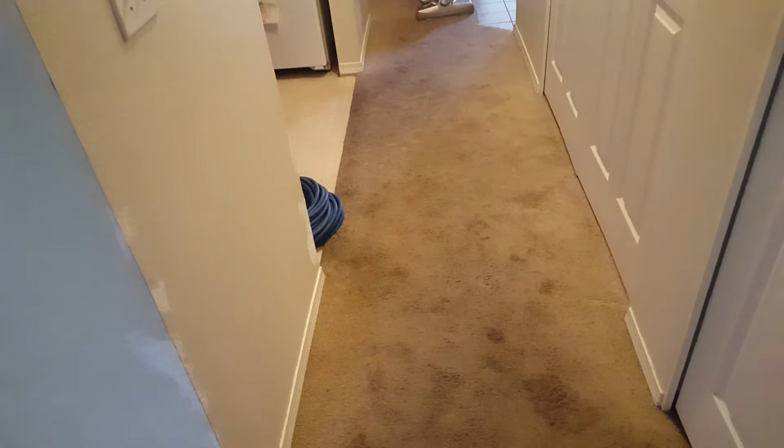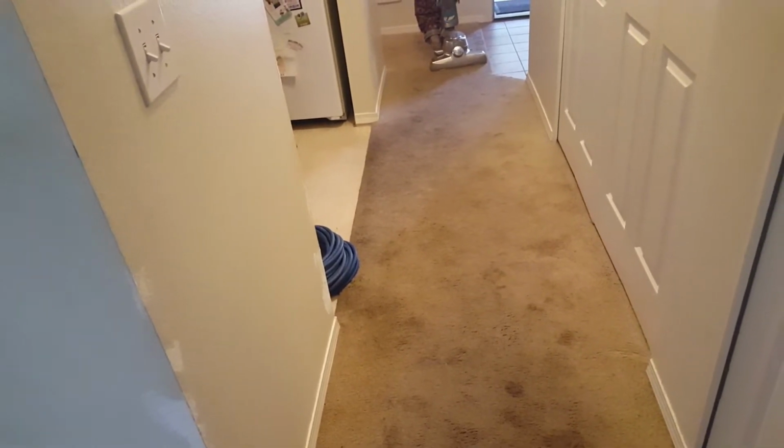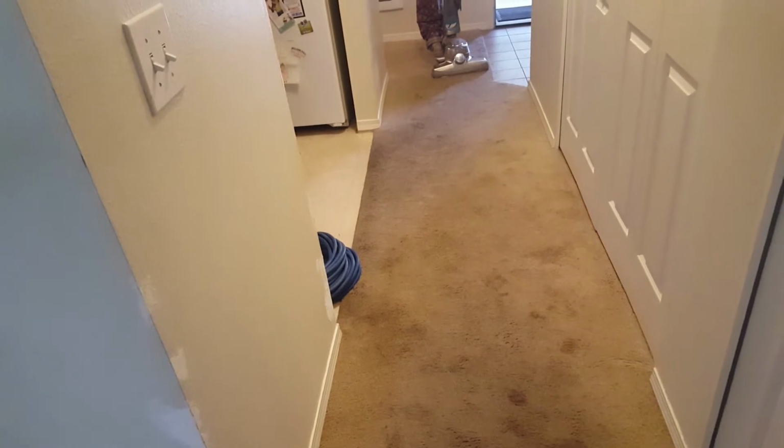that goes down on the carpeting, and it really does a good job of just working the solution into the carpeting and agitating those fibers, scrubbing that solution into the carpets. And as you can see, I'll demonstrate and show you the CRB unit itself, or the counter-rotating brush machine, and show you how the agitation on it is much less aggressive